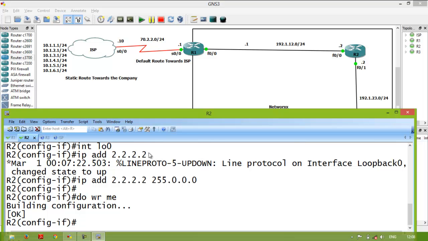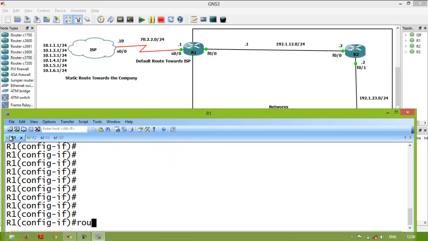So what I'll do is I'll run RIP version 2 no auto-summary. What is the use of this command? Distance vector and advanced distance vector routing protocols summarize by default. What is summarization? Like